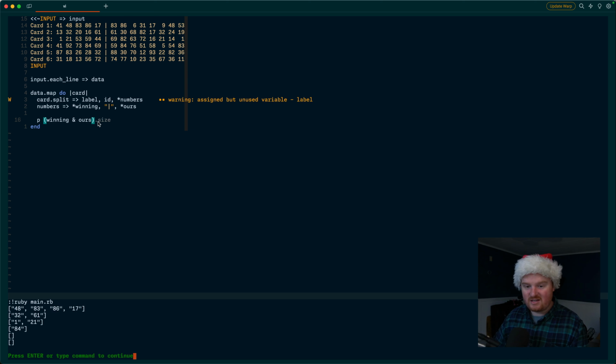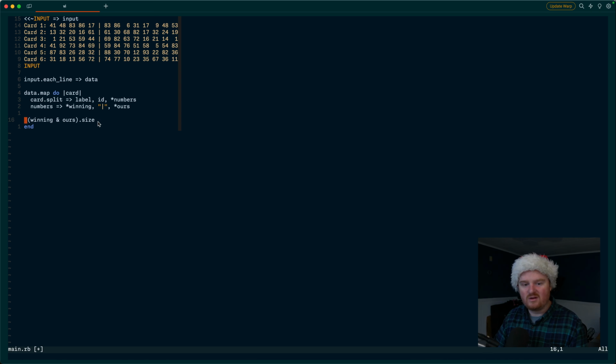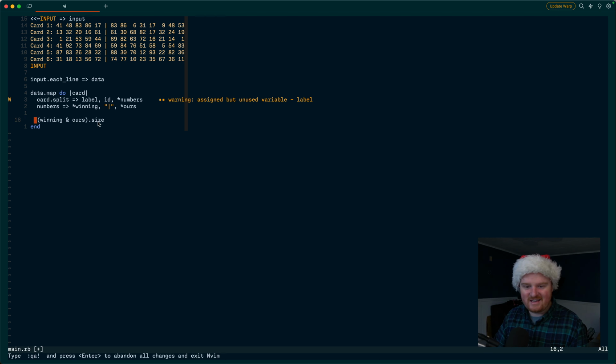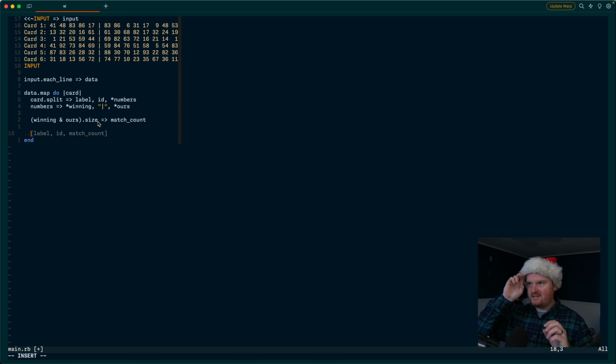And what this tells us is how many matches there are. So if we grab off the size and store that, oh, we have to use rightward assignment again. Let's say this is the match count. In order to find the points for the match count, if you look at the pattern, 1, 2, 4, 8, 16, those are really familiar numbers because those are the values you get in binary if you toggle on the furthest bit. So there's probably something super fancy we could do with binary here, but what I wanted to do is just